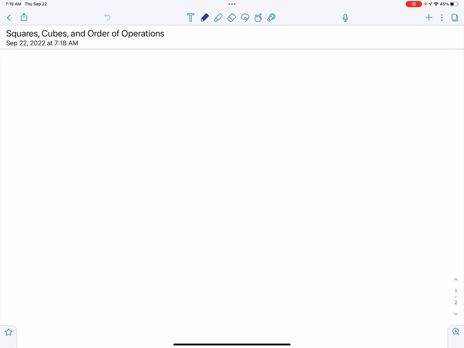Another concept that we worked on towards the end of this chapter is squares, cubes, and then order of operations and how all of those pieces kind of fit together. And so when we're talking about squares, it's best to use a visual on this. And so if we're thinking of like the square of 4,